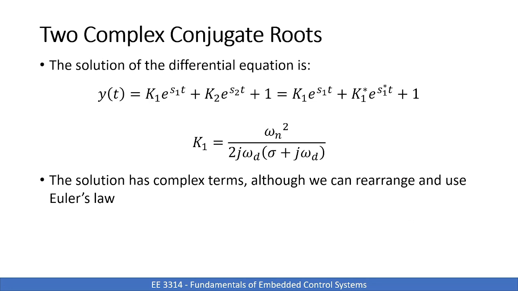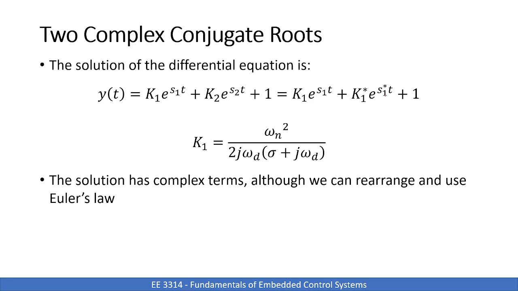Okay, so for two complex conjugate roots, the solution of our differential equation looks like this. And these are complex conjugates, so S1 is equal to S1 conjugate, K1 is equal to K1 conjugate. Okay, in this case, K1 looks like this. This is the solution. So you can see we have complex conjugate values here, so we kind of have an e to the j and an e to the minus j. So knowing